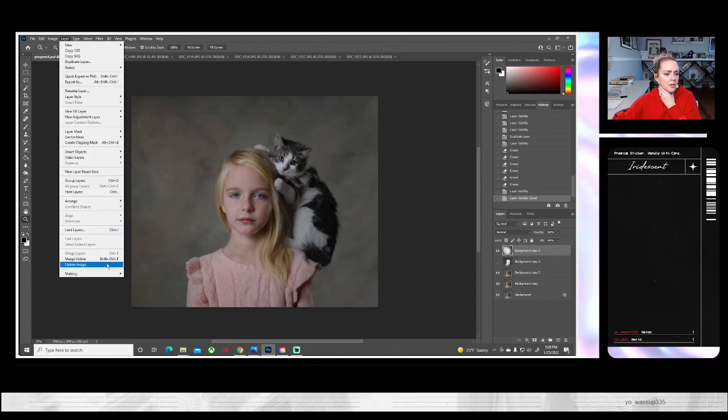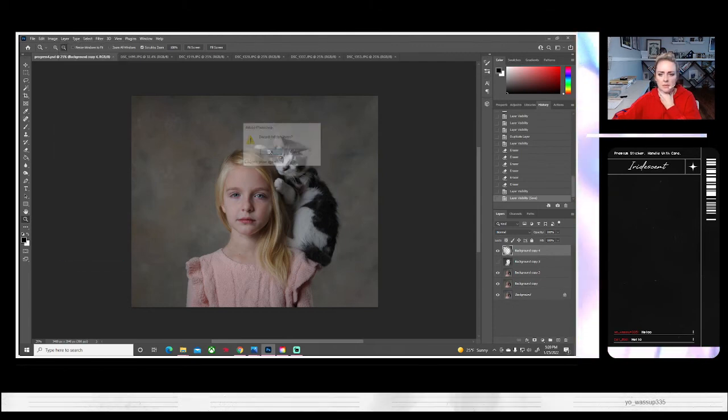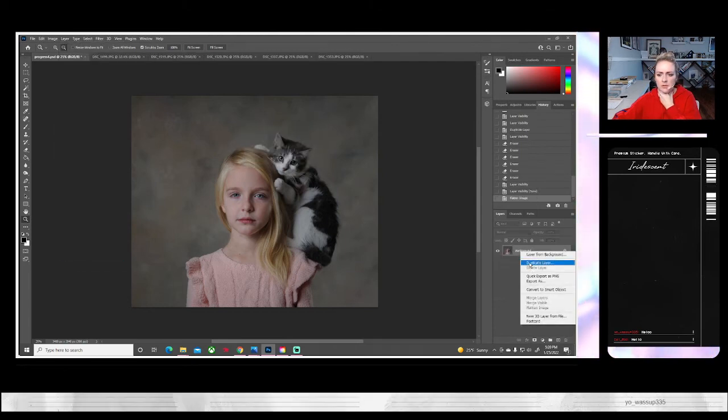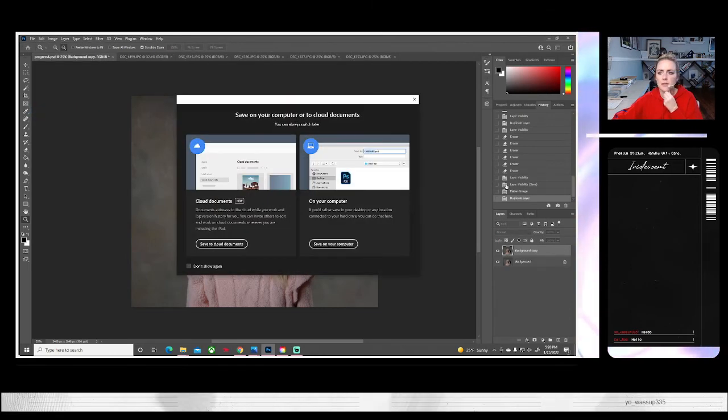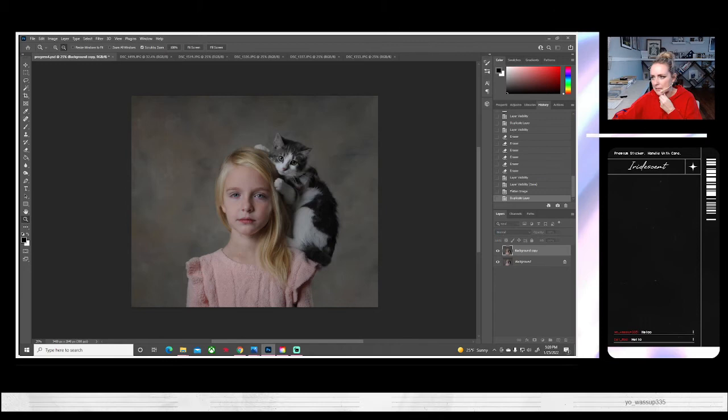So now I'm going to flatten, duplicate, and save as progress. Here we are already on progress number 5. Okay, so